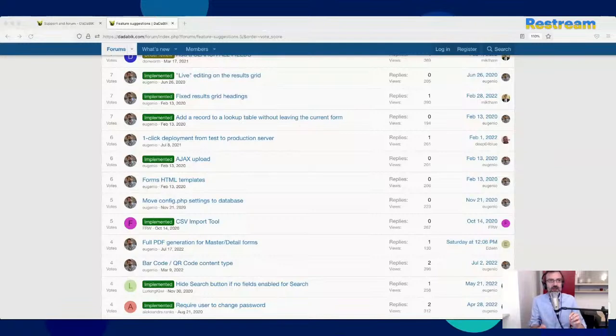The idea is to allow you, from the test, let's say the development application, to sync to the production application. These two applications need to share a secret, like a password. And when you click deploy, you send all your configuration, all your custom code to the production application.